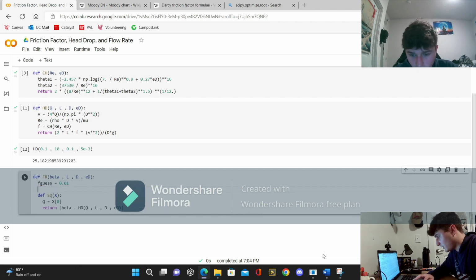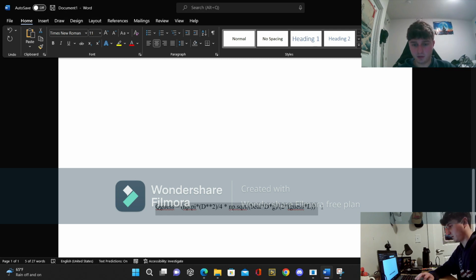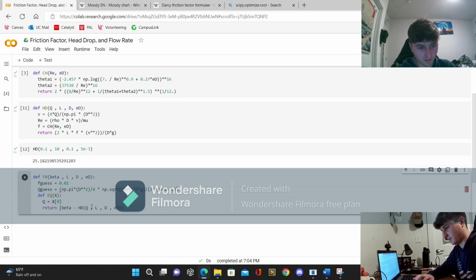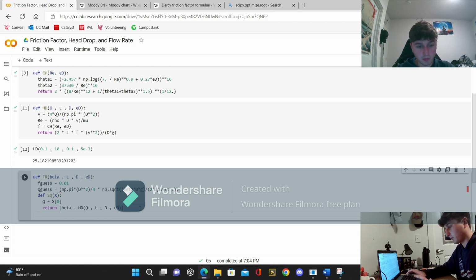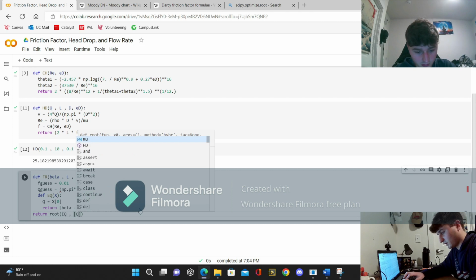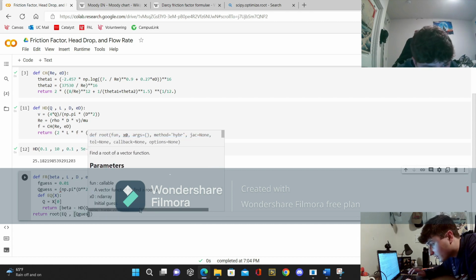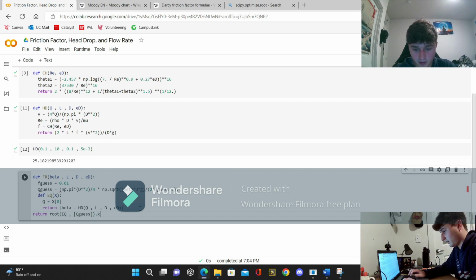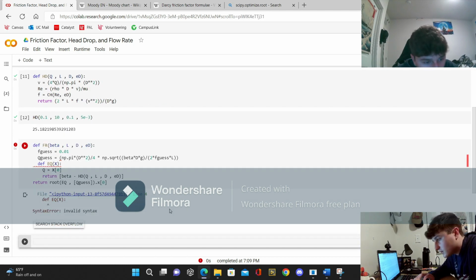Okay. Now I have conveniently grabbed this right here for us, again for syntax reasons. So we have that qguess, and we have this right here, which hopefully is correct with syntax. And then what we can finally do to almost end off the video is return the root of our equation and the vector of our qguess, making sure my syntax is correct. We're going to use that x value. Define